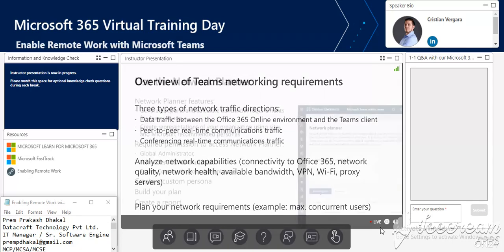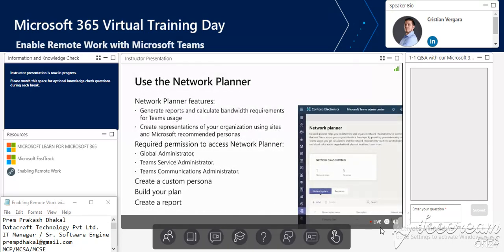So a couple of tools that we have available for you, so you don't need to start from scratch and figure these things out by yourself. The first thing that we have available is the Network Planner. Network Planner is integrated into the Teams admin center, and from there you can